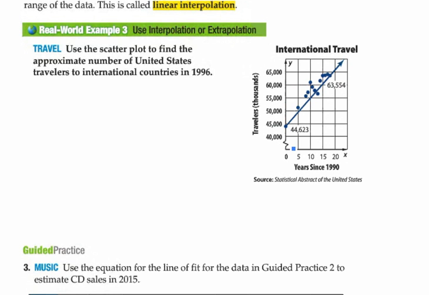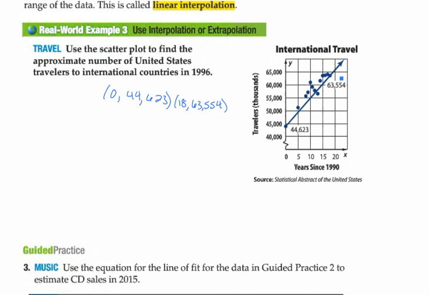That was all very nice. Now we're going to look at the 2 points that they gave us right here. So they told us that in year 0, in 1990, we had 44,623 travelers. They also gave us this point right here. So in year 18, we had 63,554. Okay, with that information, we can take those 2 points, which lie right on our line of fit,